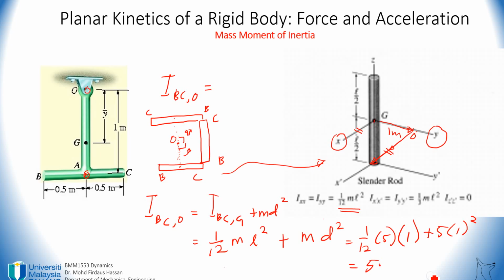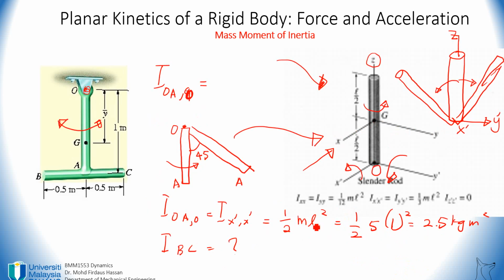Sorry, the answer is 5.4167. Alright, on the previous rod OA, I made a mistake here. It should be 1 over 3. I thought that it was 1 over 2. So 1 over 3, and then the answer here is not 2.5. I'm sorry, the answer here should be 1.667